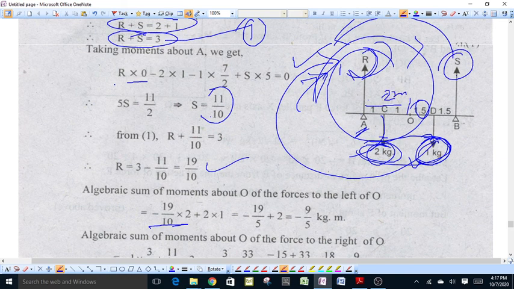and that of force 2 kg about point O is of anti-clockwise sense. Therefore, the moment of this force will be positive, and that is equal to 2 into 1. By solving this, we have minus 19 upon 5 plus 2 is equal to minus 9 upon 5 kg meter,